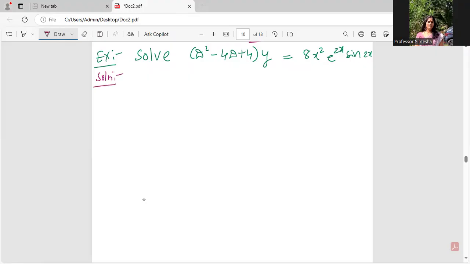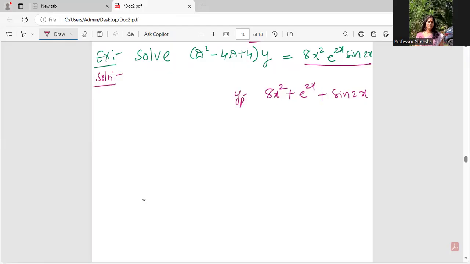So how do I do when all the three combinations are there? How do I find the general solution for a given differential equation when all the three terms are there? If they are there like this, 8x squared plus e power 2x plus sine 2x, what exactly I will do is, I will take